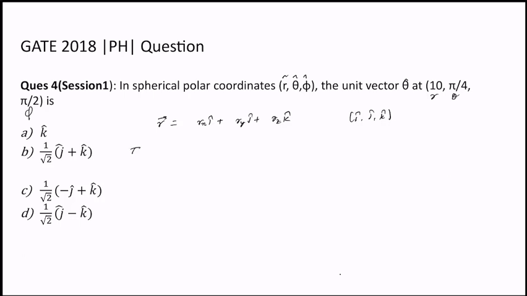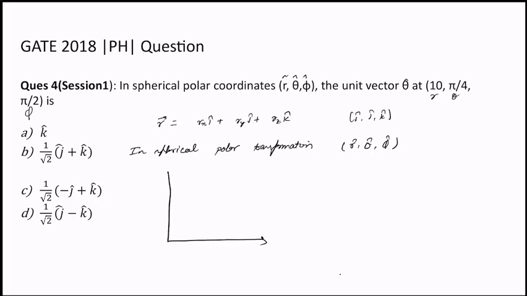Similarly, in spherical polar coordinate system, we do certain transformation from Cartesian to spherical polar coordinate system, where the independent vectors or your coordinate system is defined by r, theta and phi. Okay, so to do this transformation, suppose you have any vector,